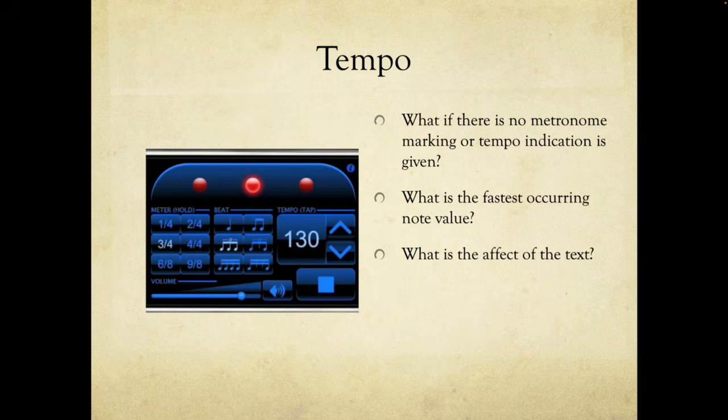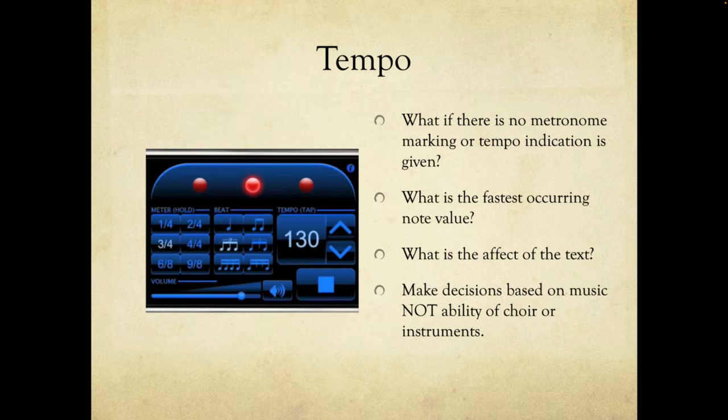Look at the affect of the text. That's going to affect your tempo as well. You don't want to do, for example, a selection from a requiem. If it's a Lacrimosa text, you would not likely want to do that upbeat. However, if it's Dies Irae, a day of wrath, you might want to do that one faster. So these are just some ideas about how these things affect you.